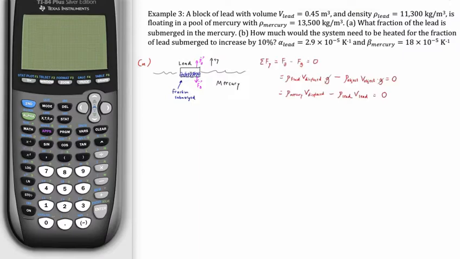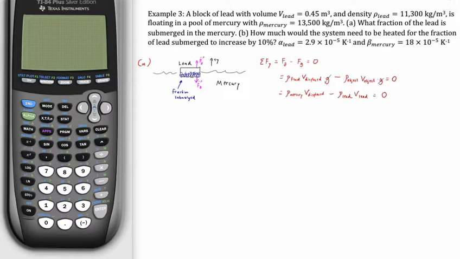And here we have the sum of forces in the y direction, y shown here, positive y pointing upwards. We have the buoyant force and the gravitational force. We have equilibrium because the object is floating, so it is not actively sinking and accelerating. We plug in the buoyant force, which is the density of the fluid, the volume displaced, and gravity. And then the gravitational force acting on the lead is obviously just m,